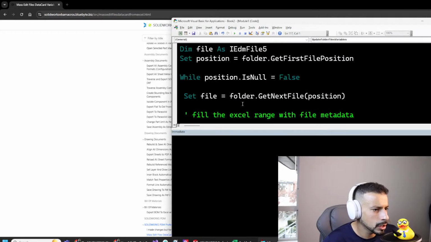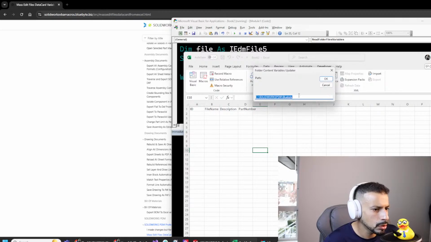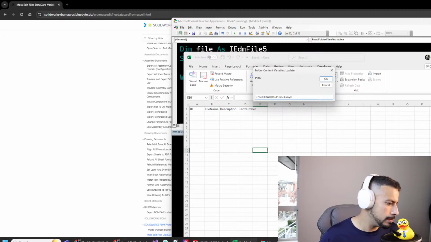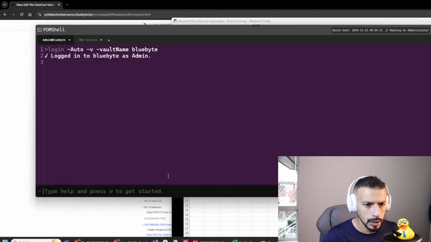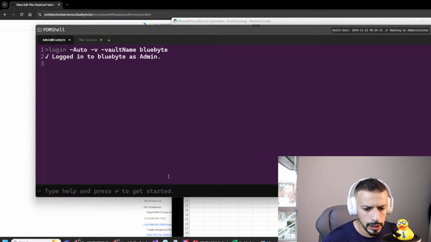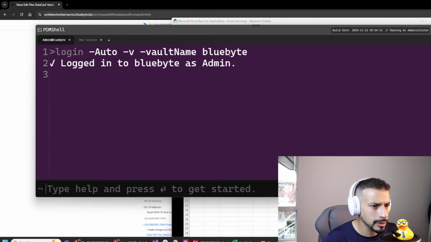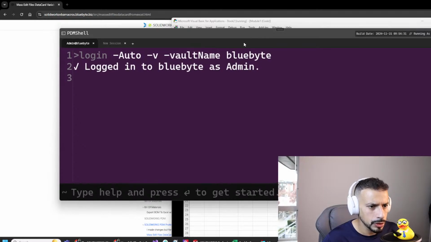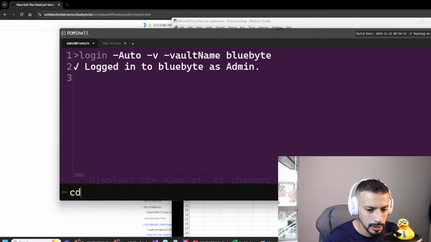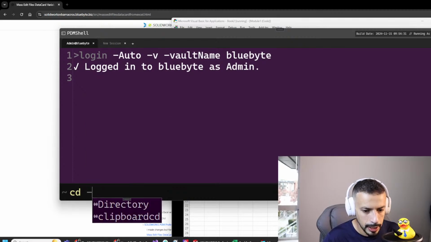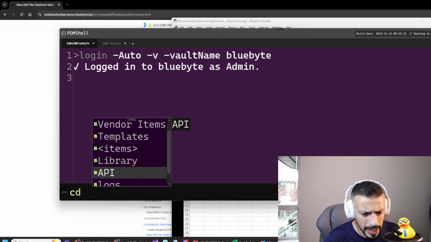I can run this code. It is going to ask me to specify a path in my vault, and I'm going to perhaps, let's see here, find a directory that has a bunch of files. So let's use the PDM shell in order to navigate to a directory that has files. I'm going to use the change directory command, simply cd. And then I'm going to go to API,